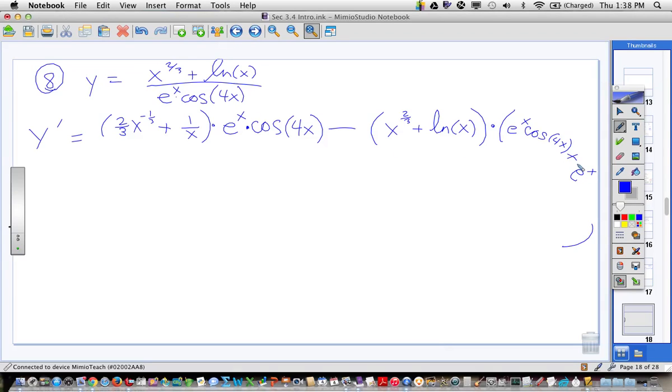Negative. So I better put the negative out here, and I'm going to put the 4 out there too. And then the sine, 4x. Right? All over